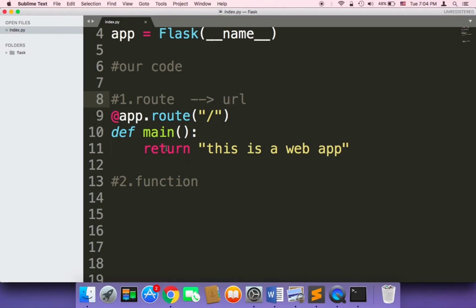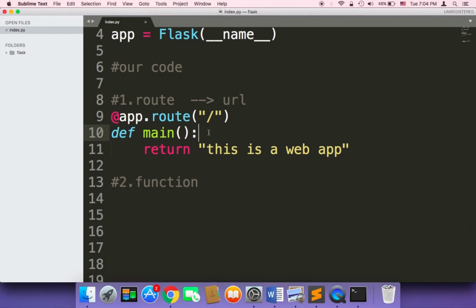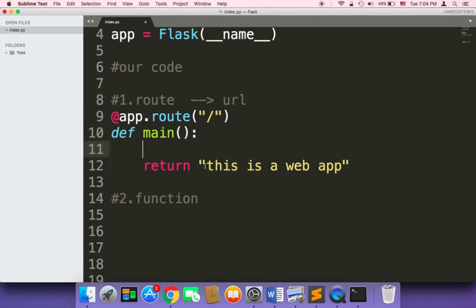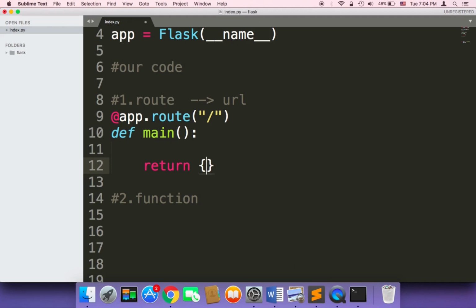So now that I have created the first route here, we need to return another type of data. Instead of returning a string, let's return something else. Let me return a dictionary. I'm going to return a dictionary, and that dictionary can be anything. Let me say here website, and that website is my website,